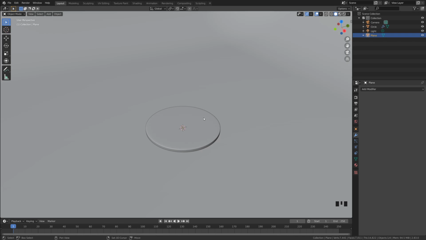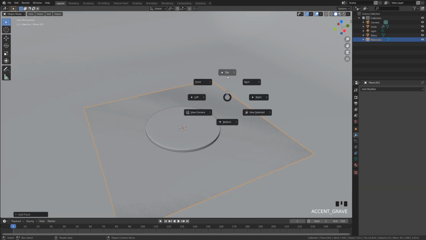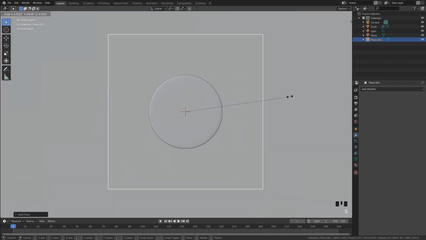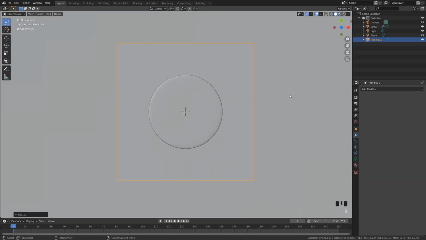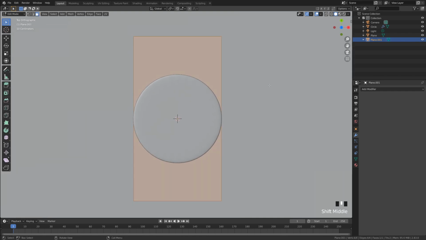So let's do Shift A, add in another plane. I'm going to go with the top view. Initially let's scale this down as a whole, then do S and X to thin this out. Then what we're going to need to do is tab back into object mode and do Control A, apply rotation and scale. Then in edit mode, we're going to press 1 to select vertices,